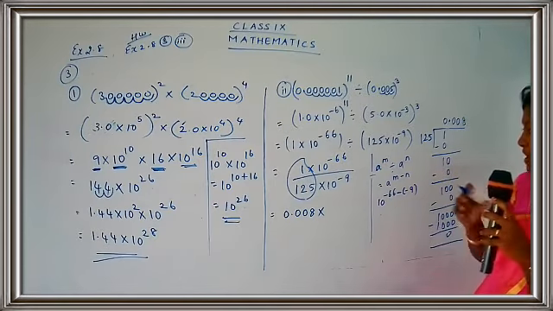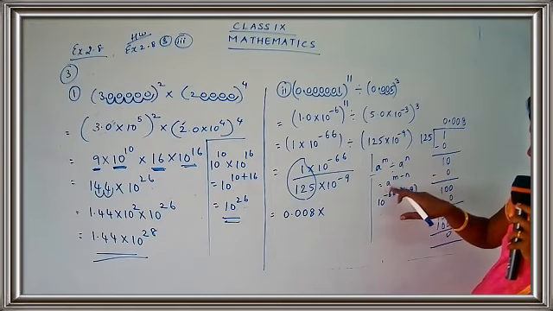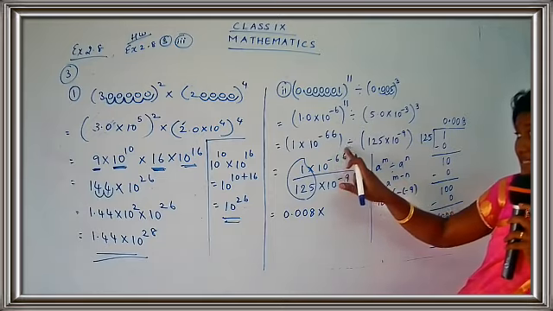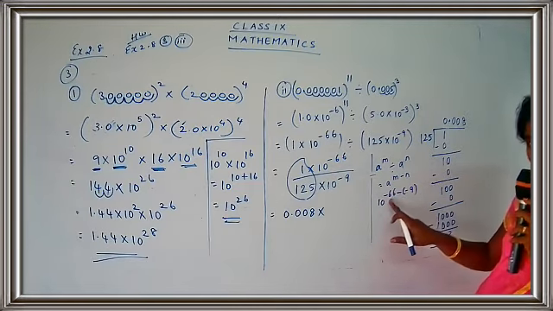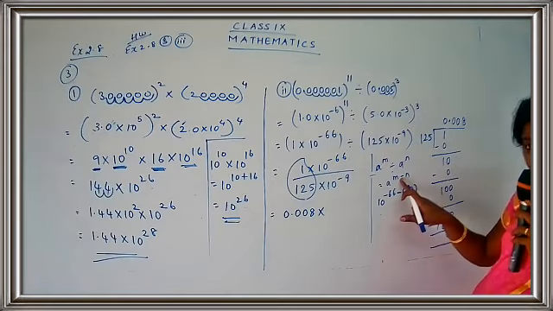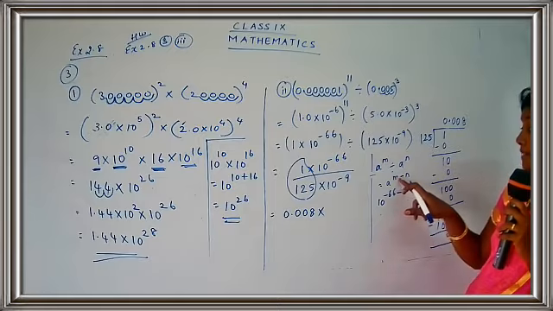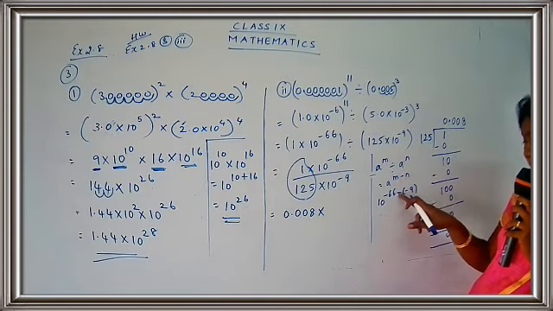So be careful. Now this is a raised to m divided by a raised to n. So now it's a raised to m minus n. So what is m? M is minus 66. Be careful. You have to see the sign also. I get 10 raised to minus 66. What is the main sign? It's minus. So don't say already minus n we have written. No. The minus is the main sign. M minus n. So minus is minus here.